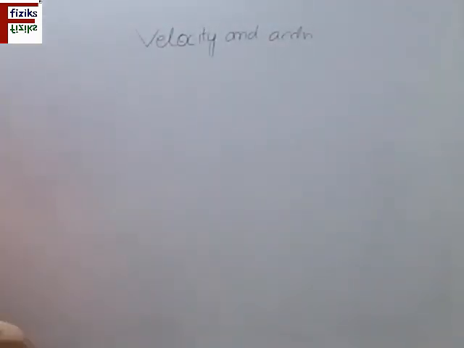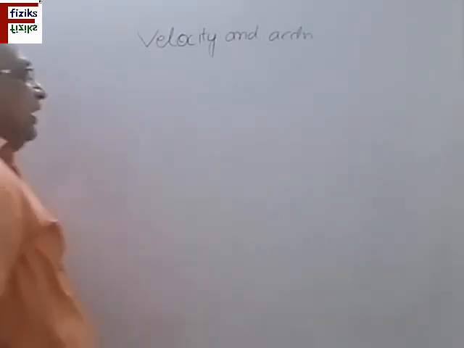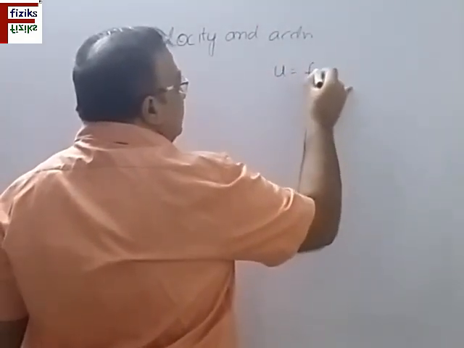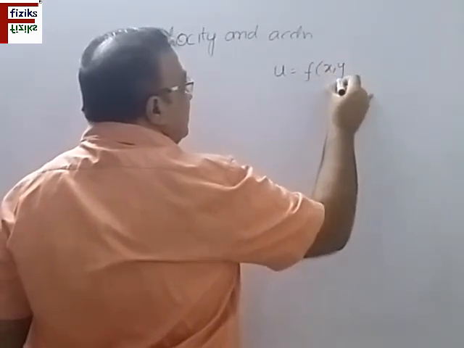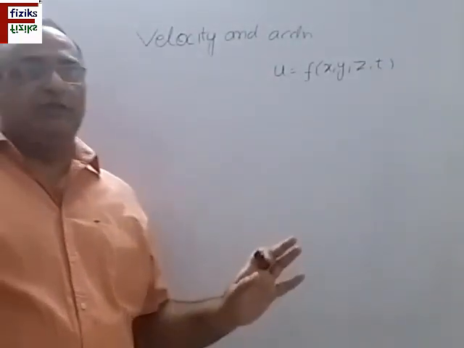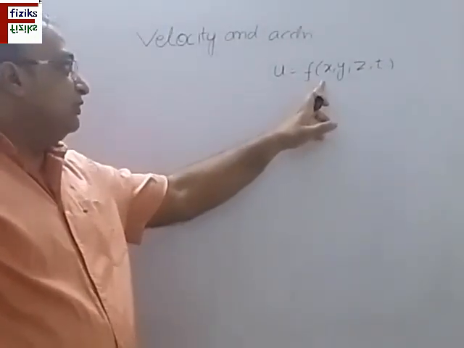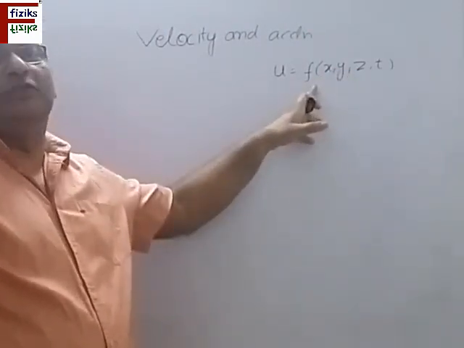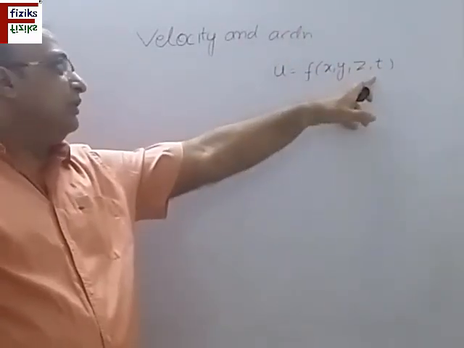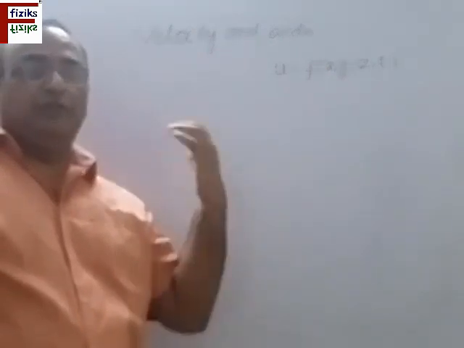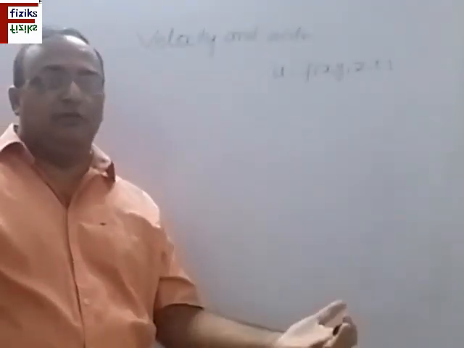So velocity and acceleration of the fluid, in this we have to calculate the acceleration of the fluid, and suppose the flow is three-dimensional and also varying with time. So it means that u is a function of x, y, z and t in space. If it is two-dimensional, it means that u will be a function of x and y. One dimension, u will be only a function of either of these three, that is u is equal to f(x). If it is steady flow, then it will not be a function of time. This I have discussed previously also, and we will be discussing the types of flow in a separate video also.